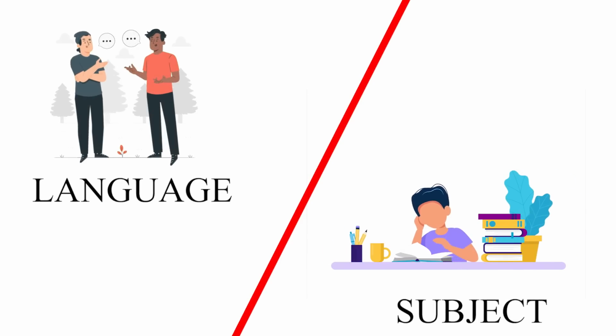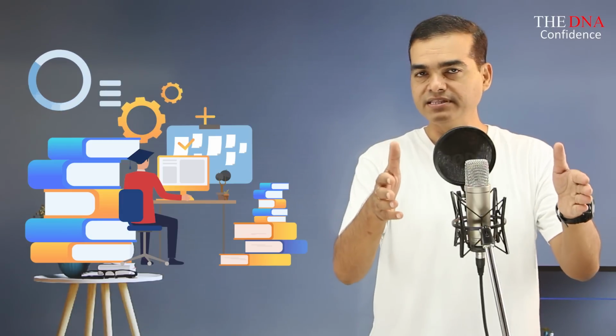Now you understand the fundamental difference between language and a subject. A subject has to be studied. Just now I said you can't study or learn a subject, you have to absorb a subject. Well, what I mean is, study is done to gain knowledge. You have to cram it. Sometimes rote learning is there, understanding is also there. And then we have to go and literally vomit it in the exams. That is what we did. And when the exam paper is finished, I think most of you don't remember anything you studied, right? That is what happened with me actually.